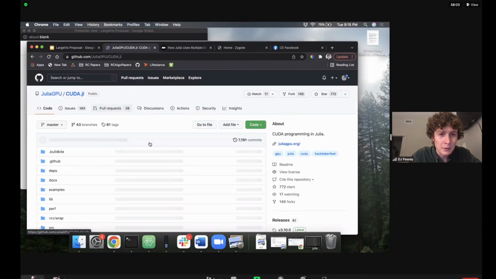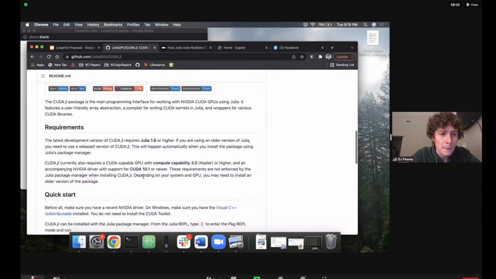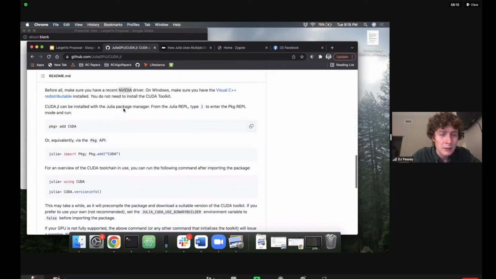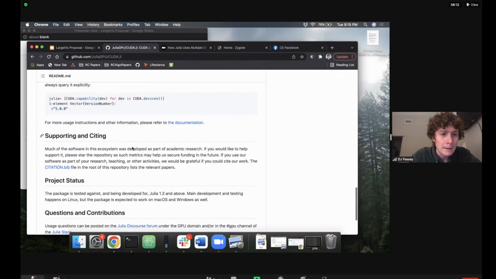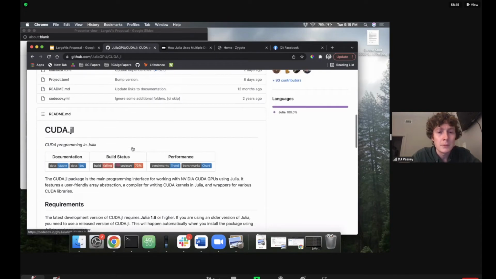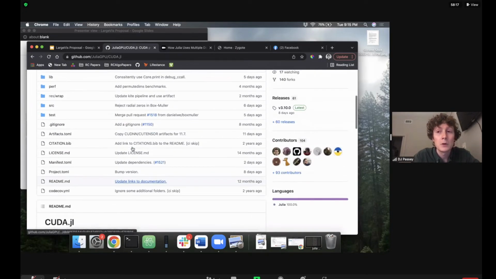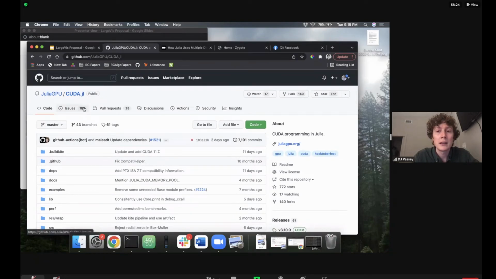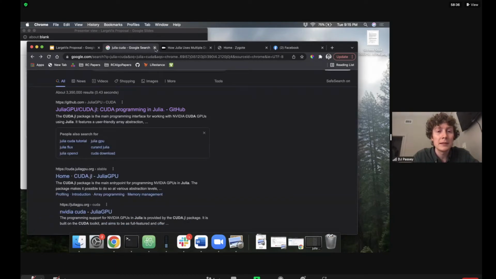So CUDA programming in Julia. This is for working with Nvidia drivers, I think. I don't know if they have any details in their README, but I'm pretty sure the goal of this package is to be able to take your code and write a custom kernel just for you. And that's something that Python can't do right now, as far as I know. I learned about this a year ago, so things might have changed, because things change fast in machine learning. But that is one place that Julia